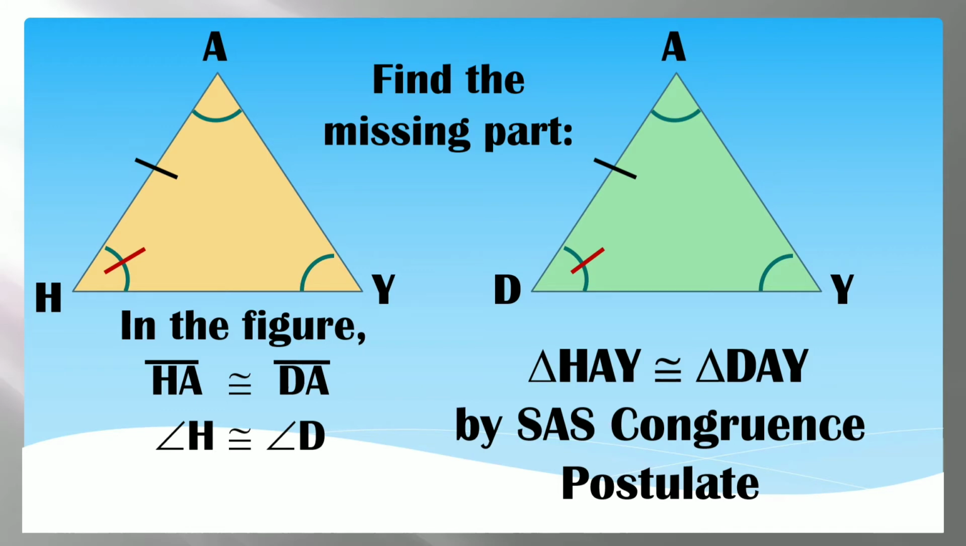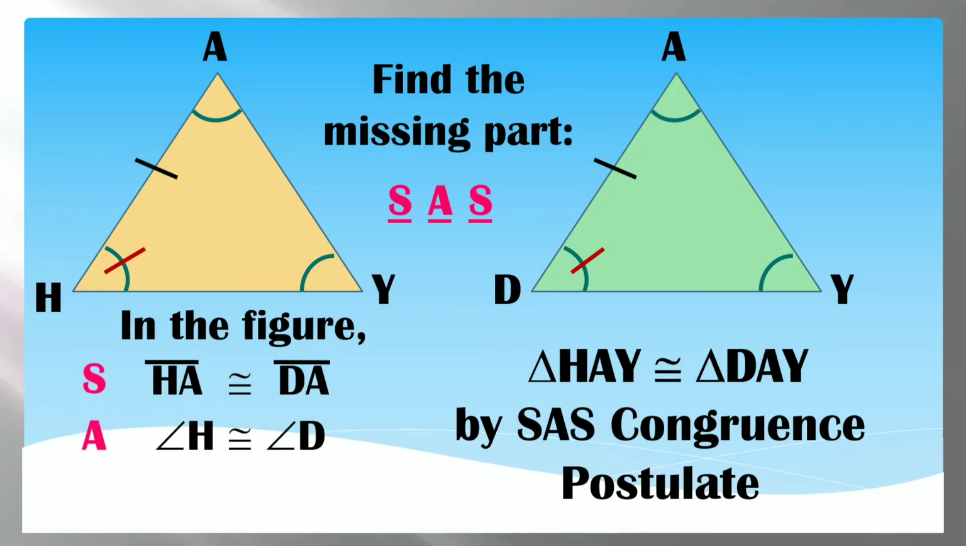Since we have one side common sa kanilang dalawa, or congruent sa kanilang dalawa, and then meron tayong isang angle na congruent silang dalawa, so anong part yung nawawala? Okay, so ang nawawala nating part ay side. So, saan kaya natin siya ilalagay? Dito kaya sa part ng HY at DY, or dito sa AY at EY? The answer is